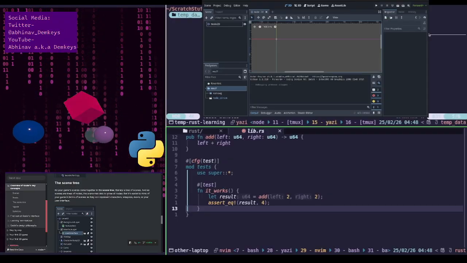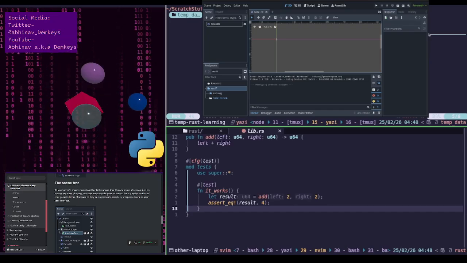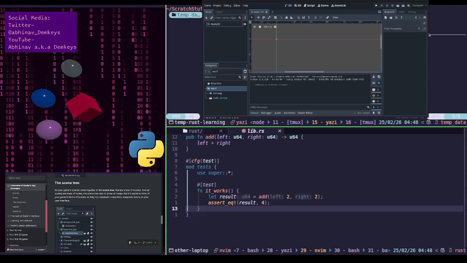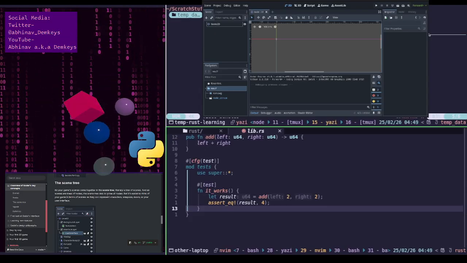Because here, when we talk about a scene tree, we are talking about something that only comes into existence